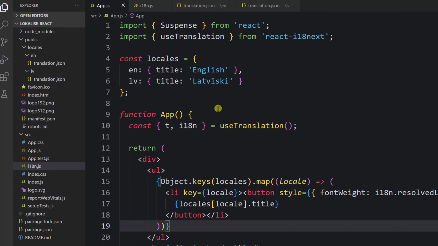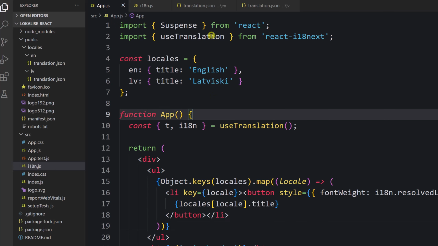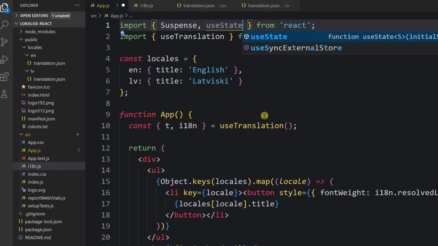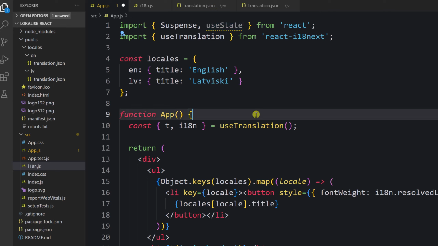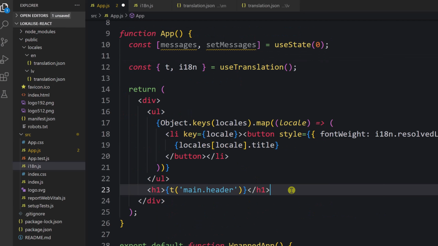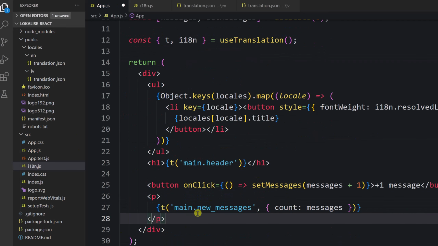For example, let's discuss pluralization, because it's a very common task to achieve. And well, first of all, I would like to import useState from React. It's not mandatory, but I would like to show you something. Next, let's actually use state here, just like this. So I would like to display how many messages the user currently has, and we're going to display a button to increase this count. Therefore, let's provide some additional markup. So we have a button to set the count to +1, and here is the main thing to take a